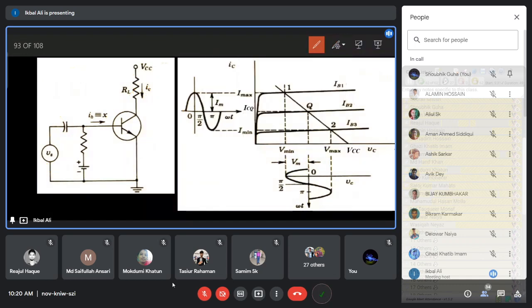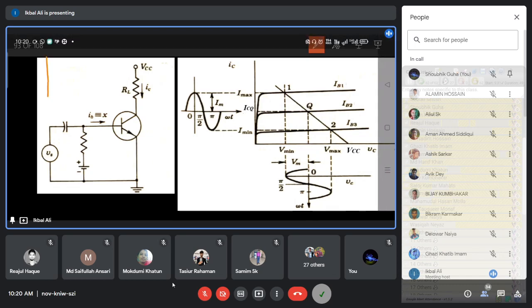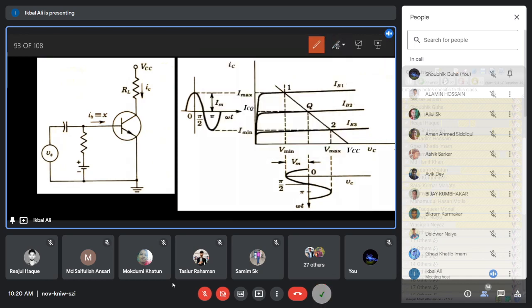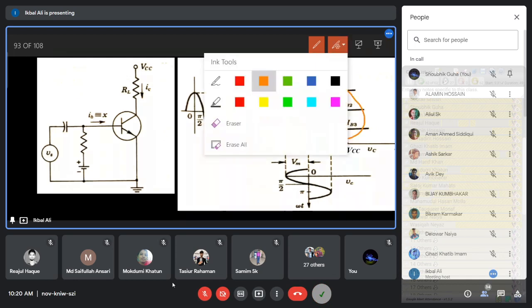Now let us see the output characteristics. We will mainly use the graphical analysis method, which will make you understand how to analyze these circuits, how to get the efficiency of the circuit, and how good the circuit is at amplifying, boosting the AC power. So you know that this is the output characteristics of the transistor.